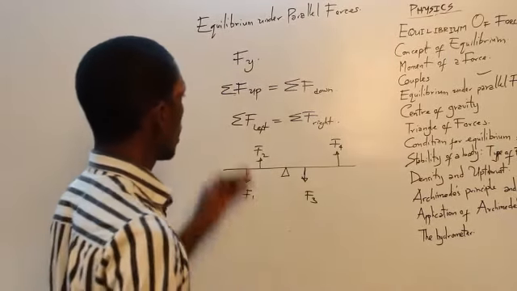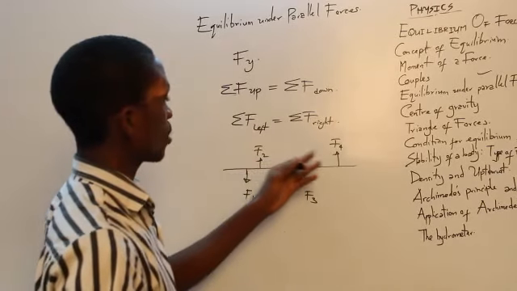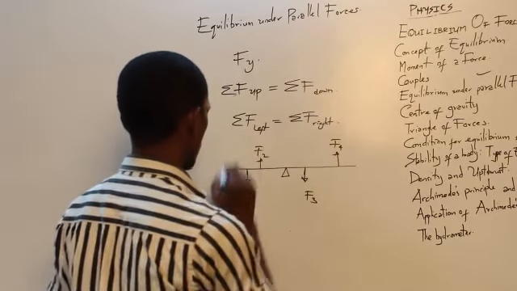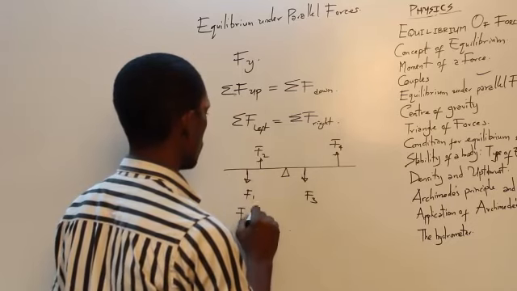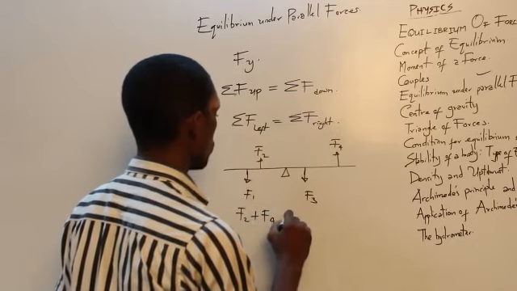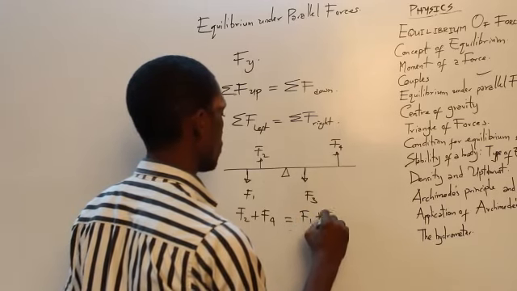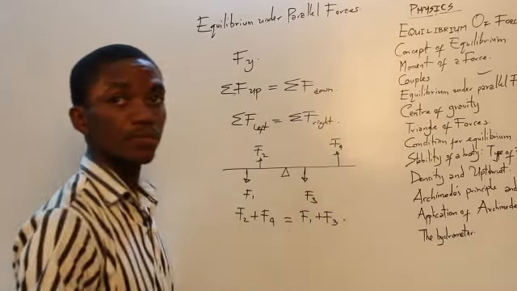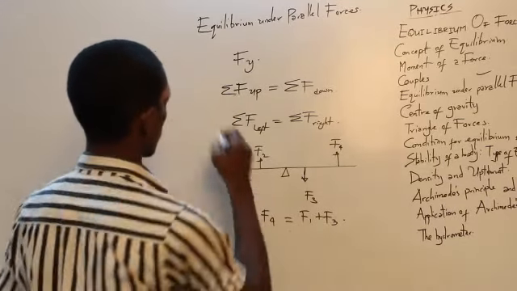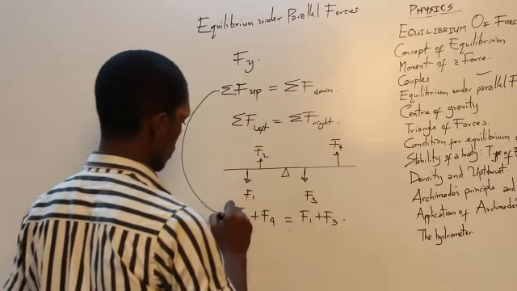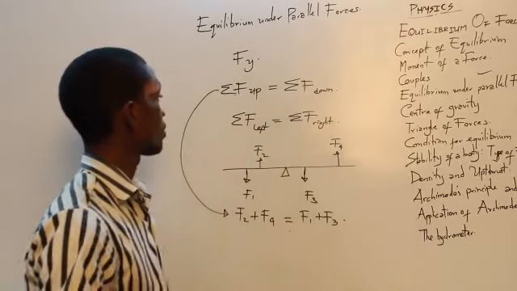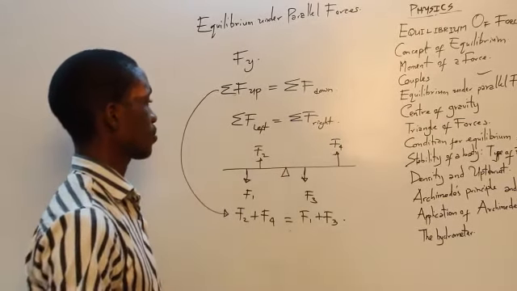Considering this, our upward forces are F2 and F4, so we'll say F2 plus F4 should be equal to F1 plus F3 based on this. In like manner,